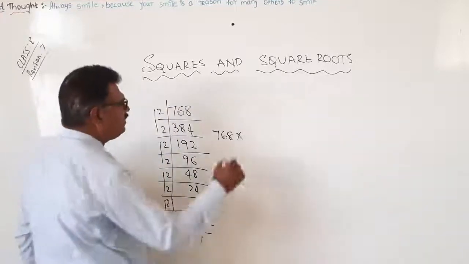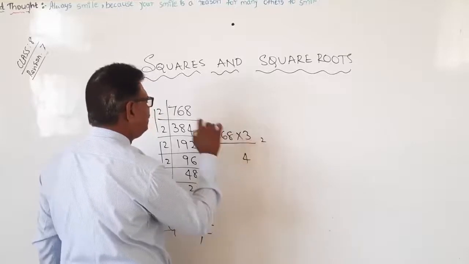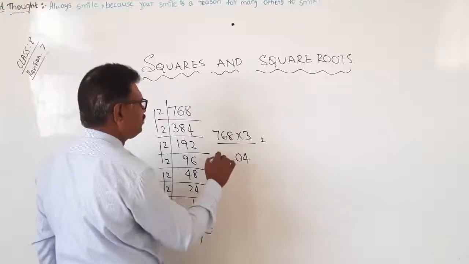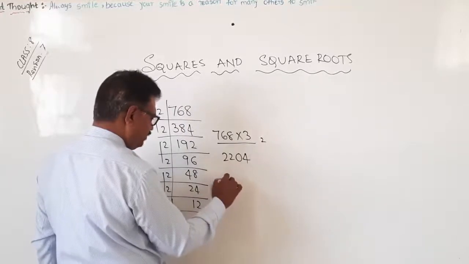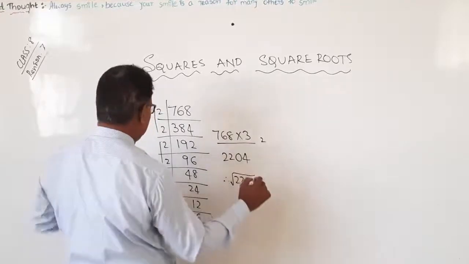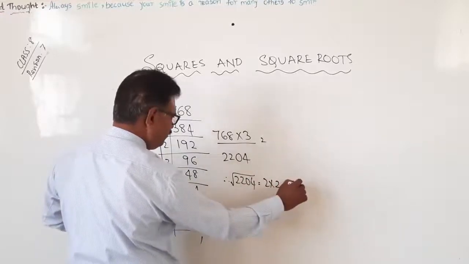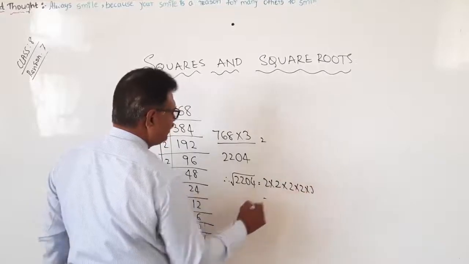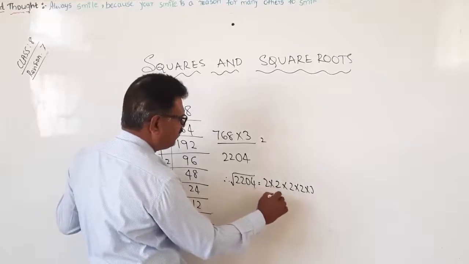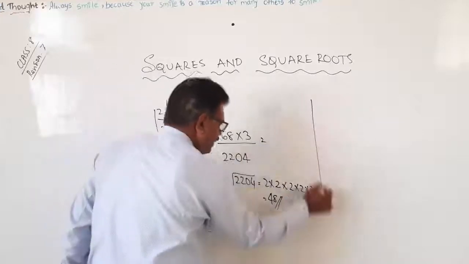Therefore we should multiply with 3, so it becomes 3 times 8 is 24, 3 times 6 is 18 plus 2 is 20, 3 times 7 is 21, 22. Therefore what is the square root of 2304? 1 2, second 2, third 2, fourth 2 and 3. It is nothing but 2 to the 4, 4 to the 8, 8 to 16, 16 into 3 is 48. Okay? Like this we have to find out.